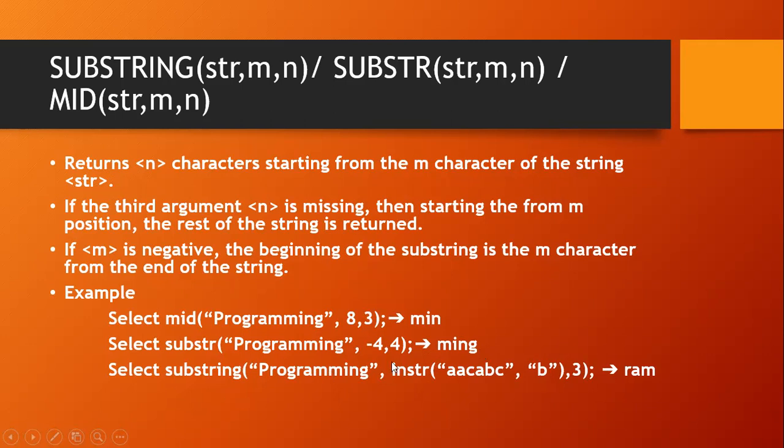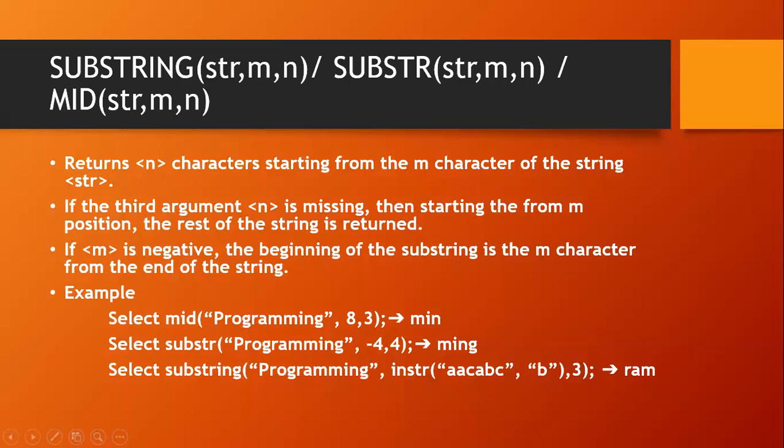Here you can see a combination of two functions, that is a nested function, one function inside another function. What we have to do is evaluate the inner function first. What is the inner function? That is INSTR. First we have to evaluate this. You have studied in the previous slide what the output of INSTR is: it will return the position of the first occurrence of the substring. So we can see in which position this is there in the string: 1, 2, 3, 4, 5. So this will be evaluated as 5.